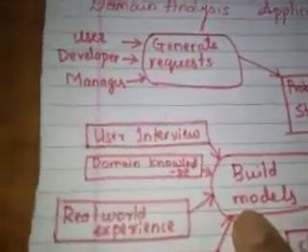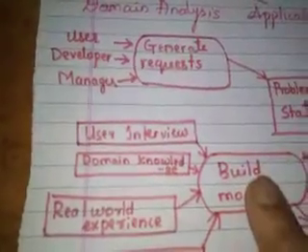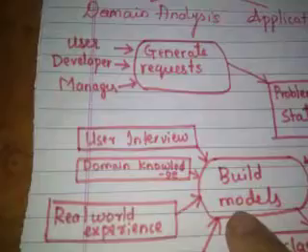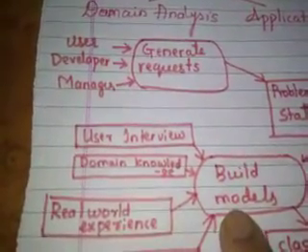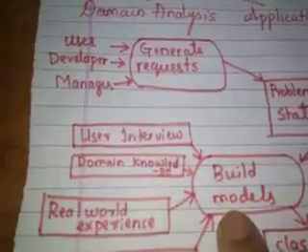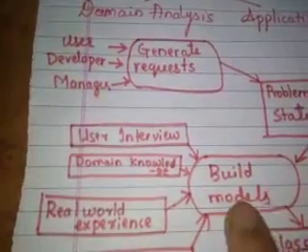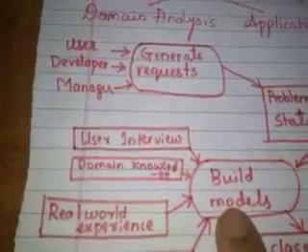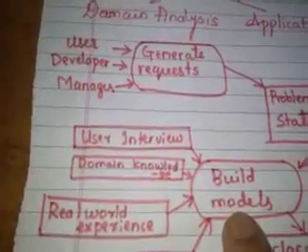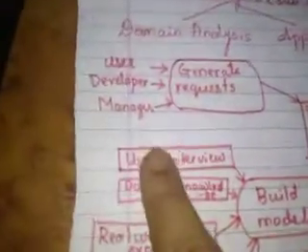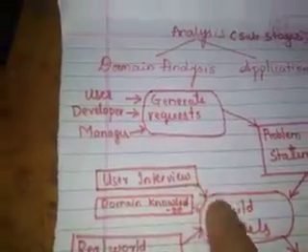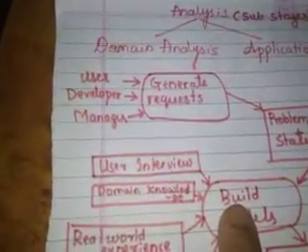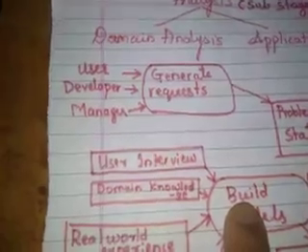Before you build the model, get the details that can be included in the model, because the models we are building are the class model and the behavior models like the use case diagram, sequence diagrams, and the state models we will be drawing, right? So when we are building the models, we should interview the user so that we can extract an in-depth idea about the working of or identification of the classes.